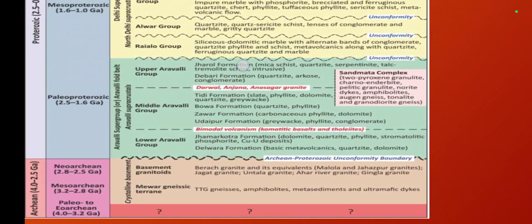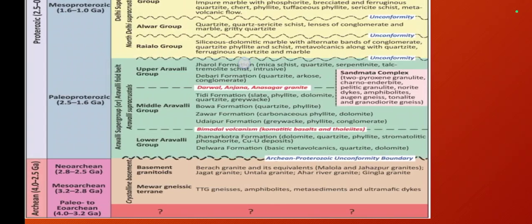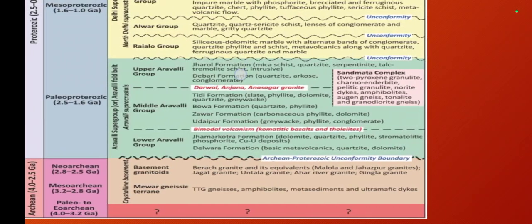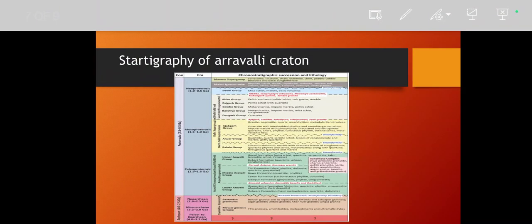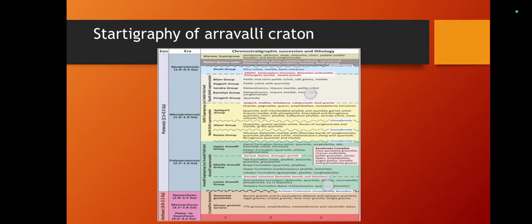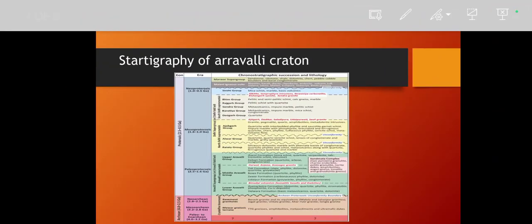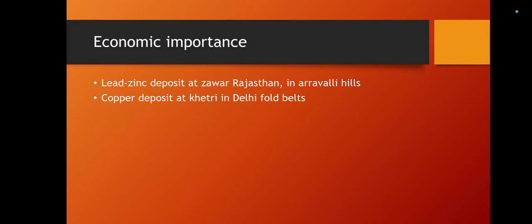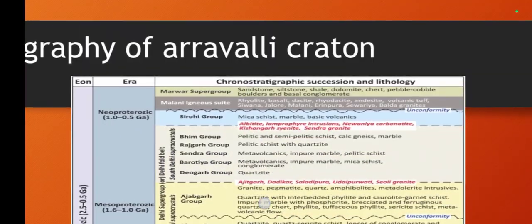And then the basement granitoid is granitic in nature, and this whole Archean is amalgamated with your Arravalli supergroup and Delhi supergroup. And finally, at the top of the formation, you can see that, once again, at the top of this particular image,